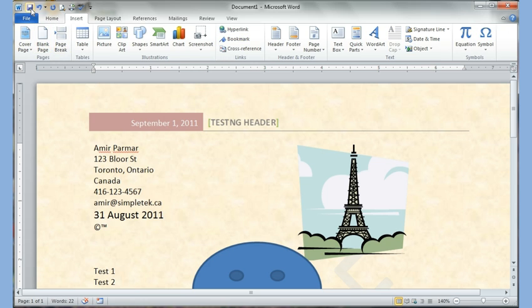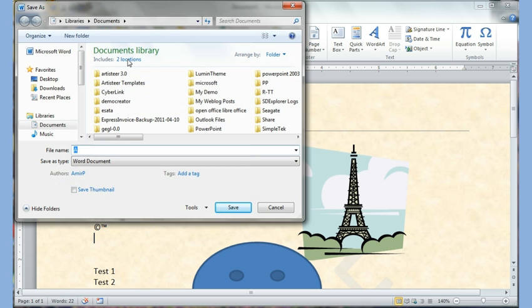Now if I click on this floppy drive button, which stands for saving, I can choose to save it wherever I want. What I like to do is I always try to create folders so that I'm organized. If you see, I've got a lot of different folders in here. So if I click this new folder button,